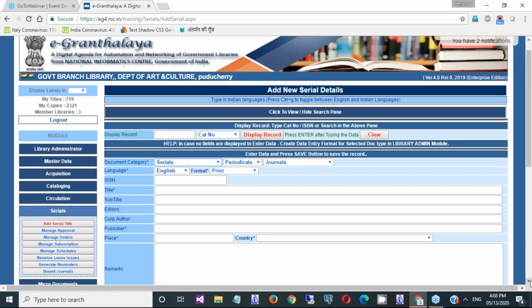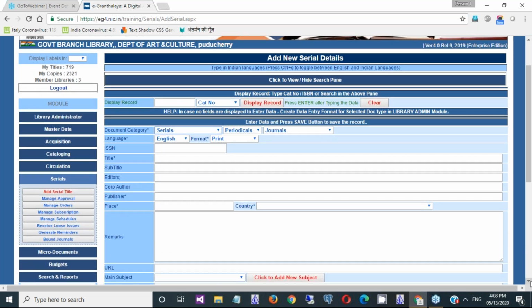In fact, in case journals are already registered in eGranthalaya, there is no need to recreate the records of the same journal. I assume that there are no such titles already available in eGranthalaya 4.0.